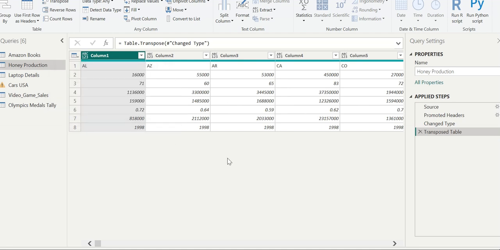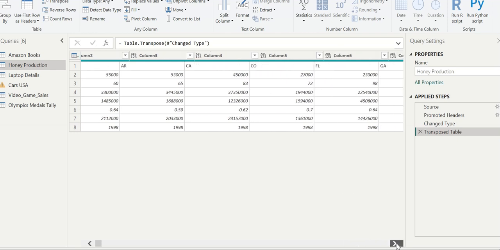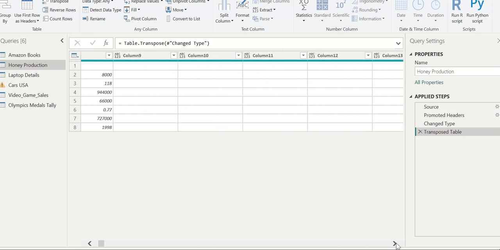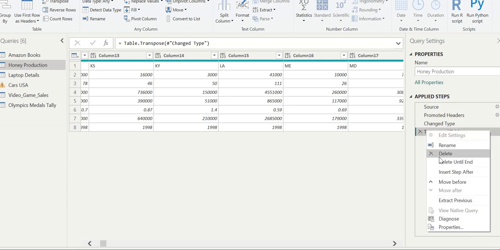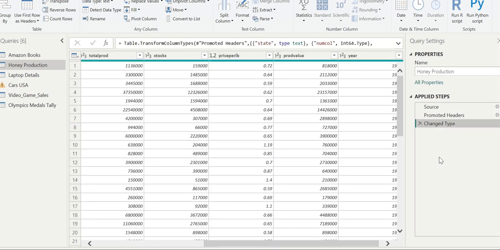We can see that there is a large number of columns, which was previously the number of rows. So it's really hard to read. So let's cancel this step in the transformation and we are back to the previous data set. For cancellation, we select the step and delete it.